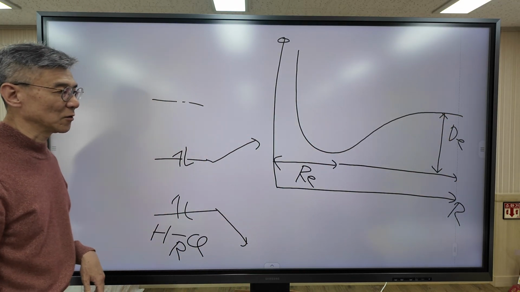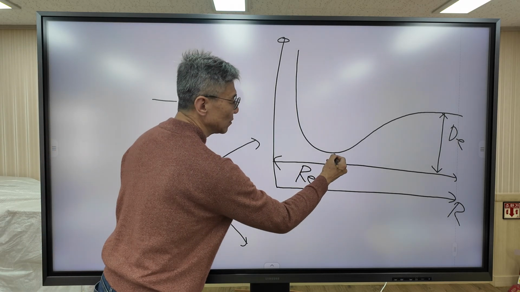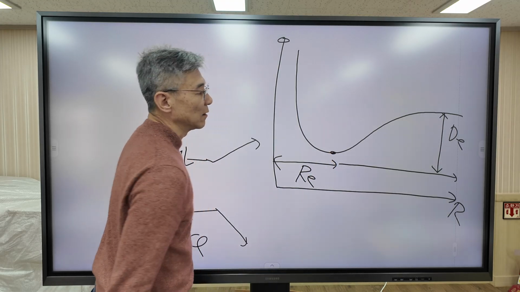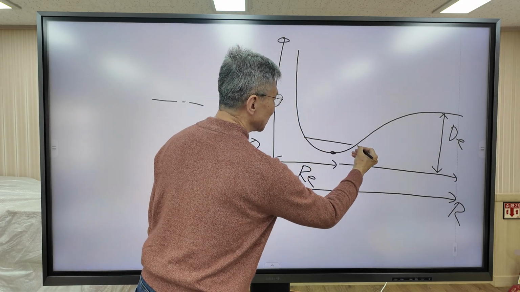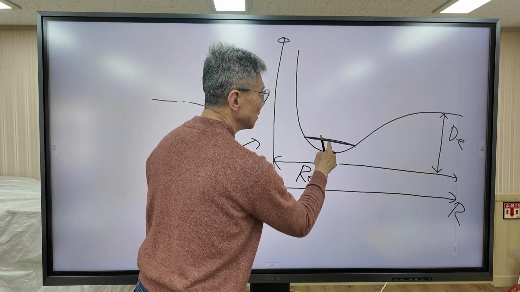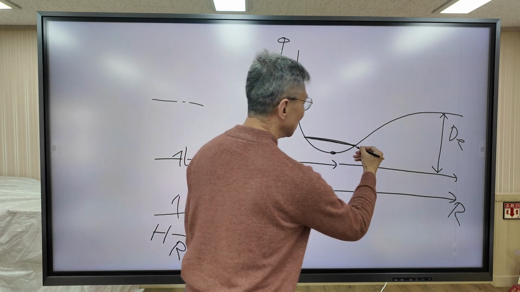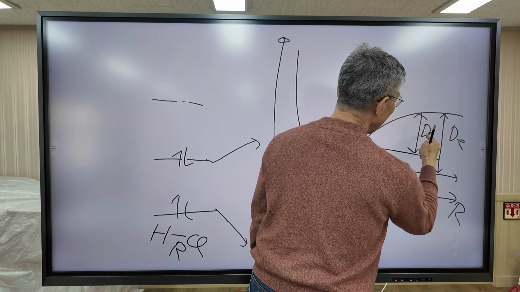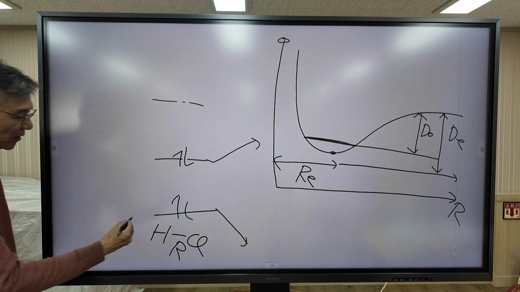But as you know, according to quantum mechanics, the molecule cannot sit at the very bottom of the potential well, due to the uncertainty principle. According to quantum mechanics, the molecule has zero point energy. This is the minimum energy the molecule can have. So the actual dissociation energy is not De; actually D0 is the actual dissociation energy. Today we are focused on this energy.